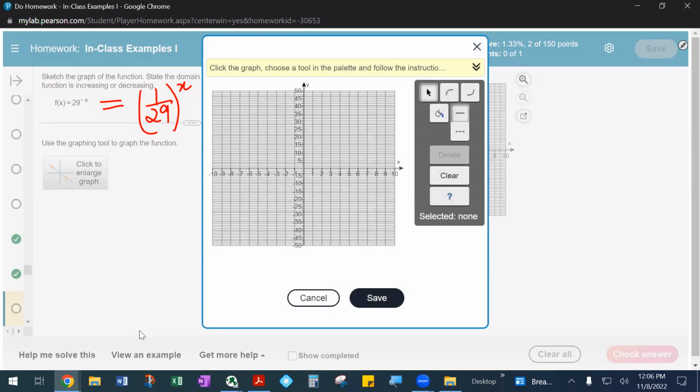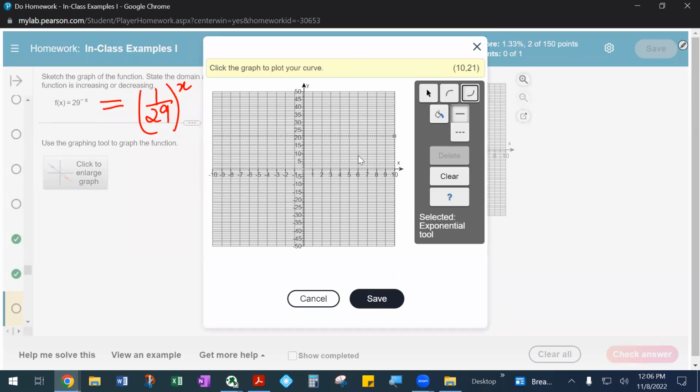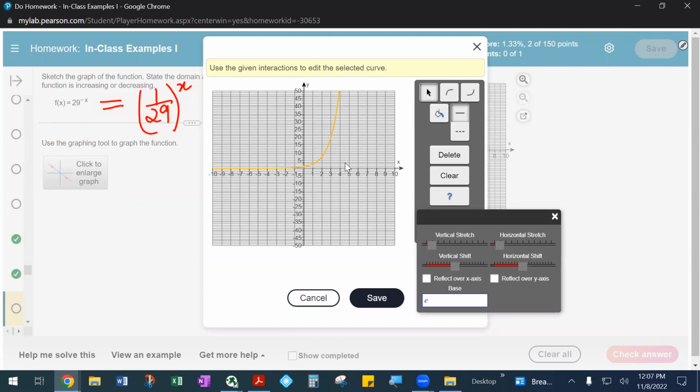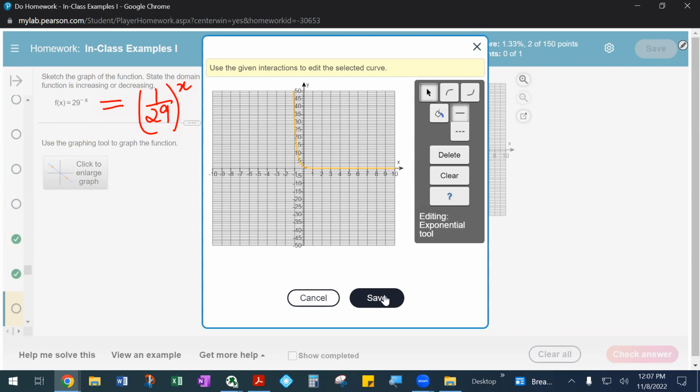Okay, so this is an exponential function. You can see there are these two shapes given to you over here. Just hover on it for a little bit and it'll tell you if it's the logarithmic or the exponential. So this guy over here, you can see is popping up as logarithmic. So this guy is our exponential tool. So you'll click on that, click anywhere on the graph, and you'll see that little box pop up. So your base is going to be, and by default, they give you a base of e. Just get rid of that, put in your 1/29. And honestly, you don't have any transformations because we haven't talked about it yet. So just enter that, save your graph,